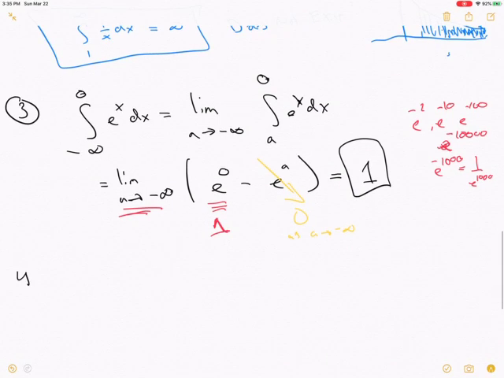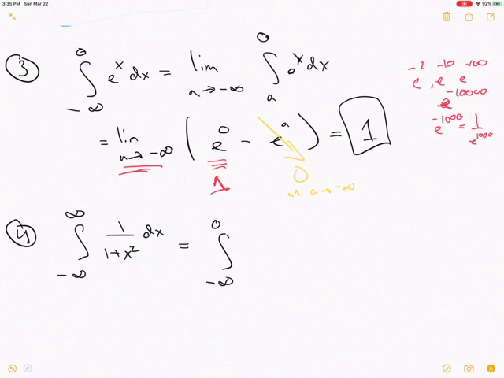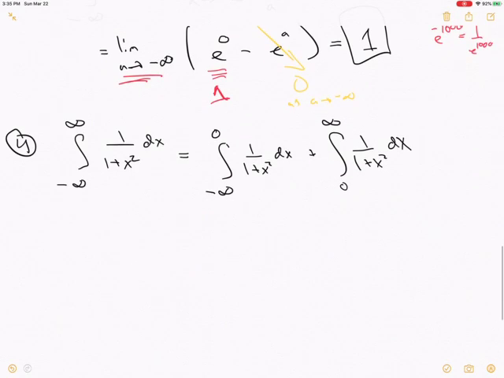And let's do one more example where we integrate over the full number line. So from negative infinity to positive infinity of 1 over 1 plus x squared dx. So I'm going to just split it up at 0. So let's say it's the integral from negative infinity up to 0 of 1 over 1 plus x squared dx, plus the integral from 0 on forever of 1 over 1 plus x squared dx. And then each of these